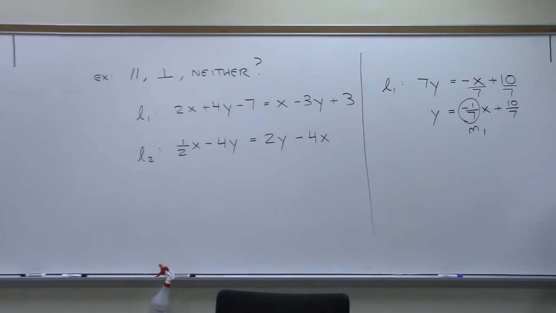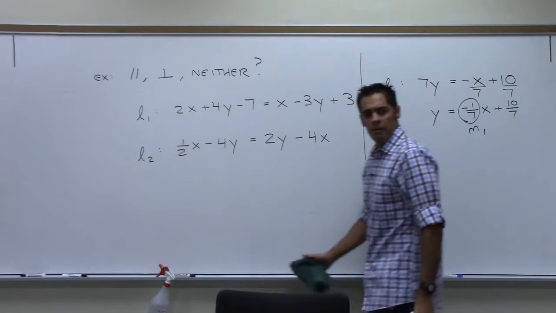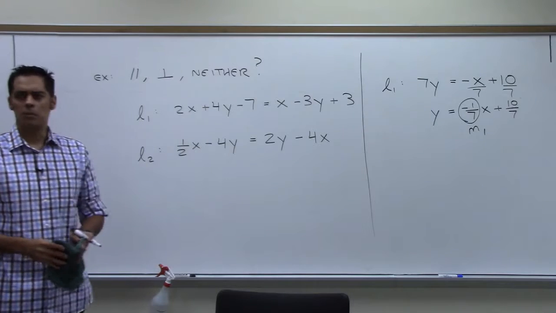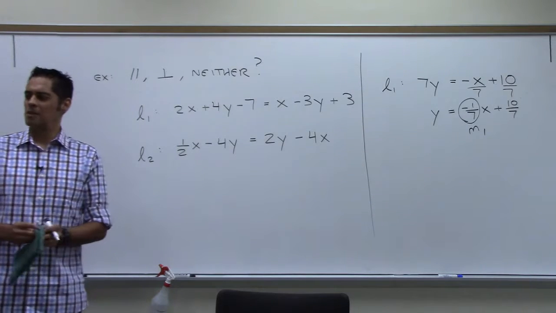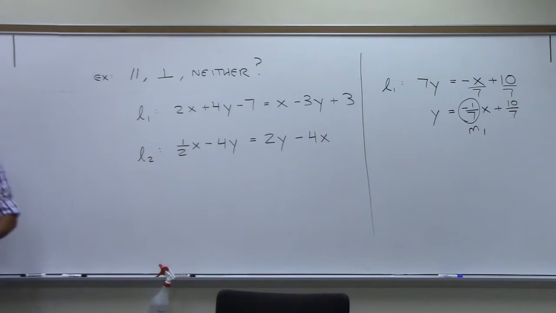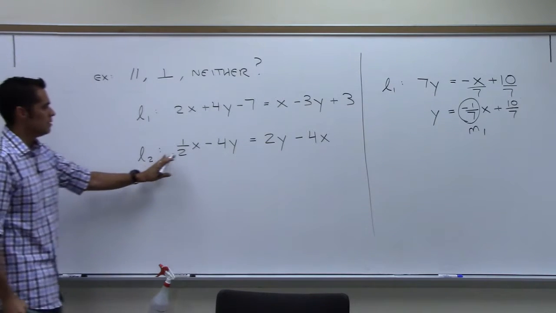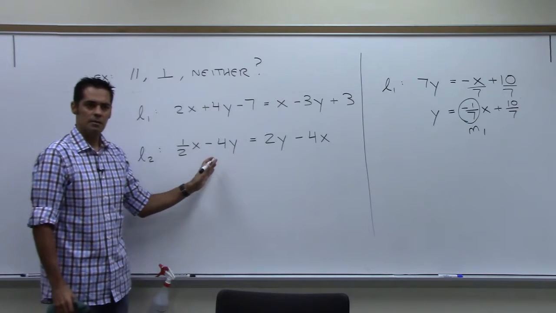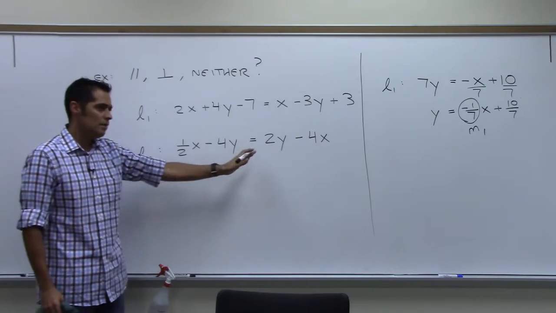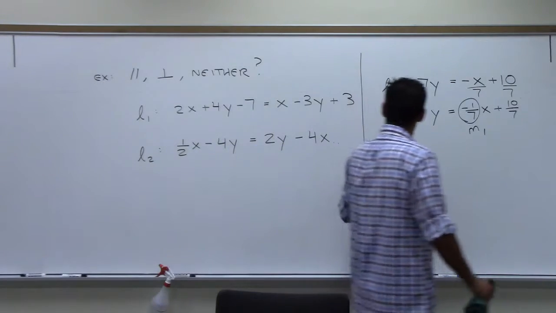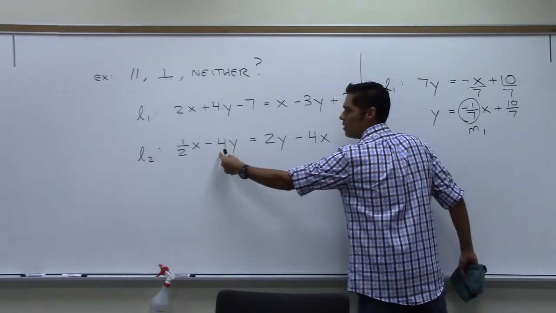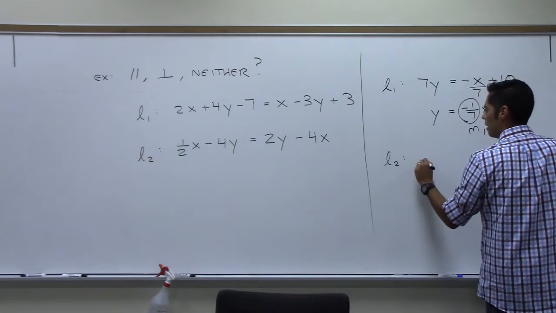How about the slope of line 2? Well, same story, right? We've got to move everything around. Y'all all right? Getting some confused looks. What do you want to do here? Bring the y's to the left again? Okay, so how many y's will we have on the left-hand side? Negative 2 is going to come this way and join this one. Negative 6y